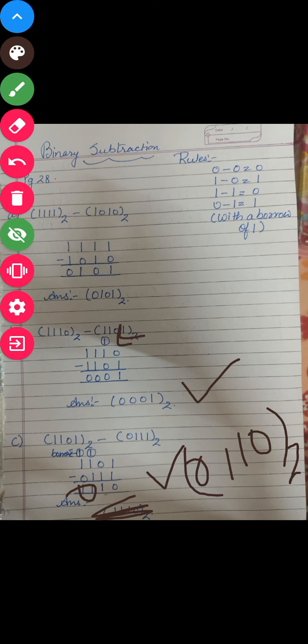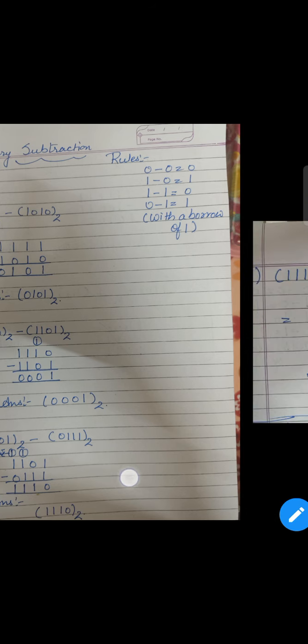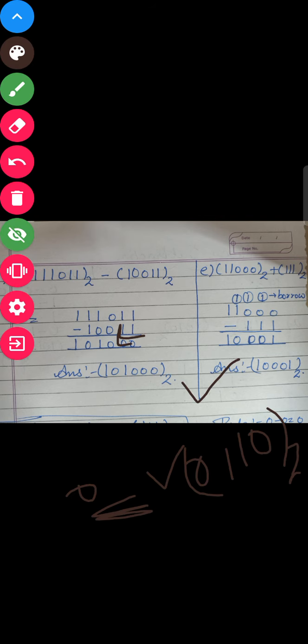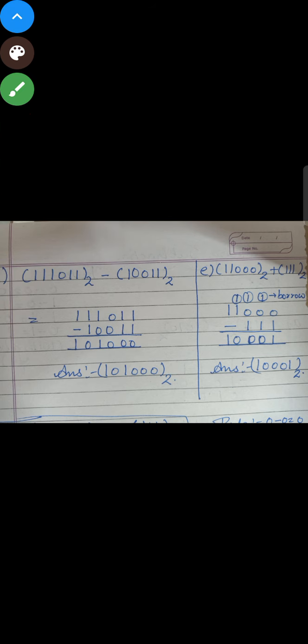So let's move to the next page, where we are having other parts, that is D and E part. So start solving the sum. 3 times 1 0 double time 1 1 double 0 double 1. So start solving the sums with the help of rules of binary subtraction. 1 minus 1 will be 0 two times, 0 minus 0 will be 0, 1 minus 0 will be 1 and 1 minus 1 will be 0.